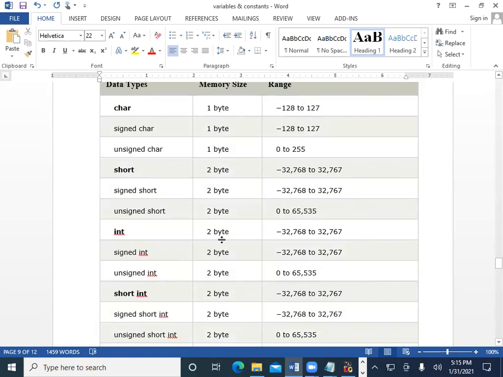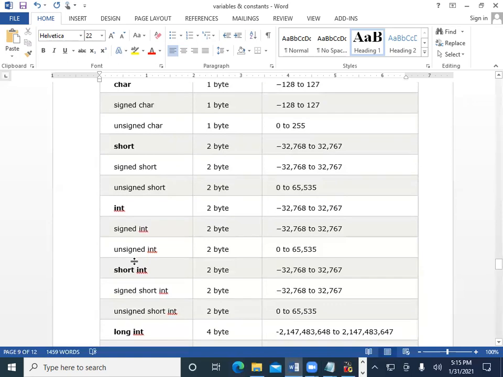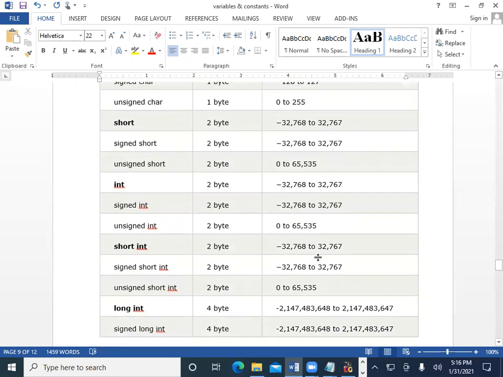Next one is integer. It also requires a memory size of 2 bytes, and its range is from minus 32,768 to 32,767. Again, it is a signed or unsigned integer. The signed integer range is the same. It takes 2 bytes, and for unsigned, the range is 0 to 65,535.